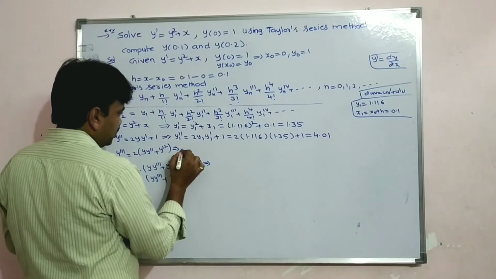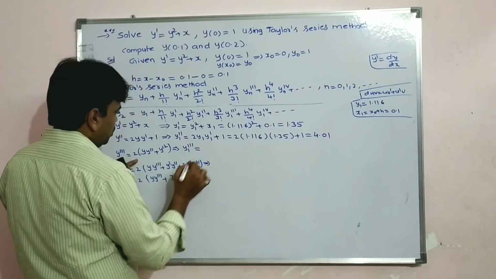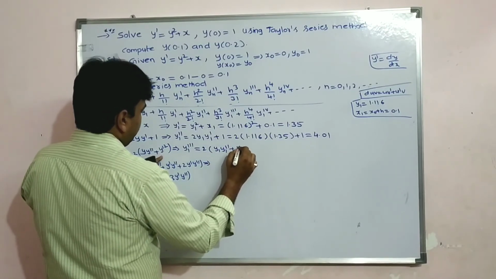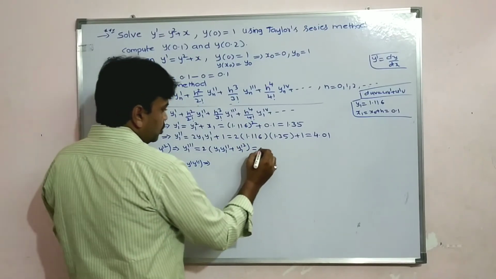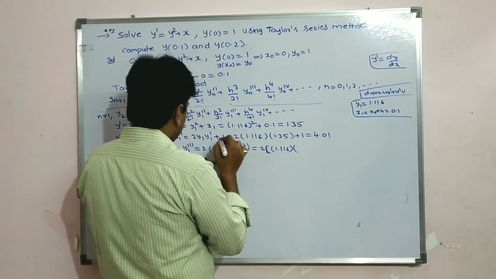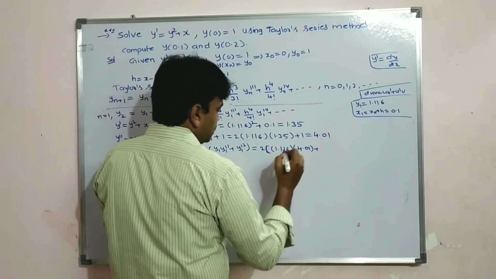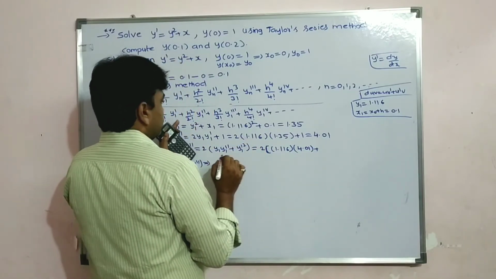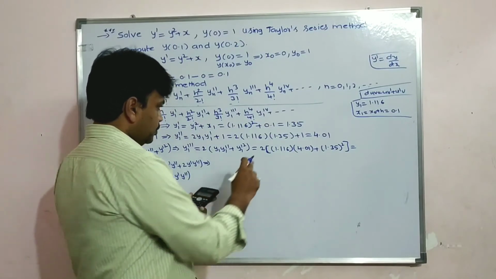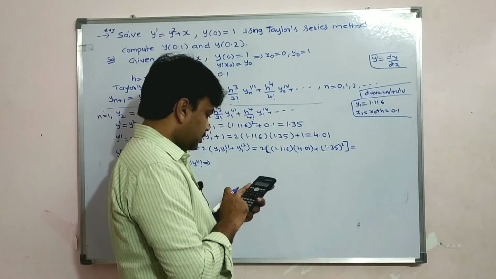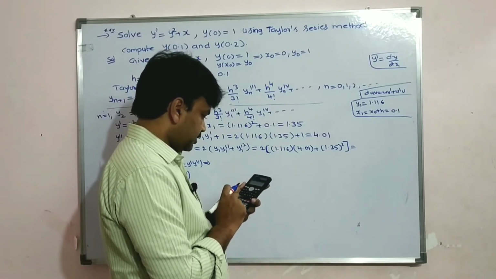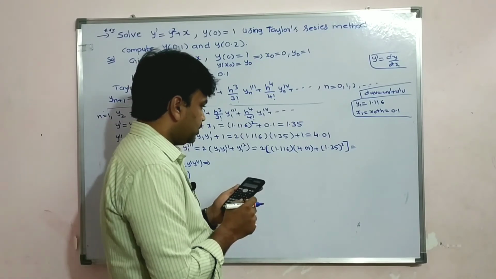4.01. Now y triple dash students, y triple dash, say it is y1 triple dash that is equal to 2 into y1 double dash plus y1 dash square students, y1 dash square that is equal to 2 into y1 is 1.116, y1 double dash 4.01 plus y1 dash square students, y1 dash square, so 1.35 whole square, 1.35 whole square that is equal to bracket students, bracket 1.116 into 4.01 plus 1.35 square bracket close that is equal, we get here